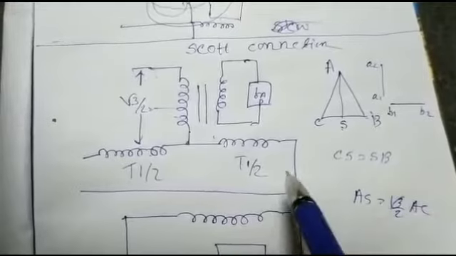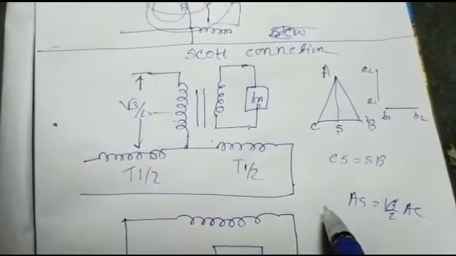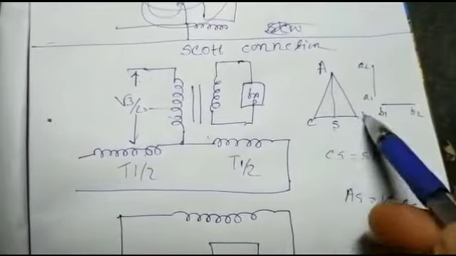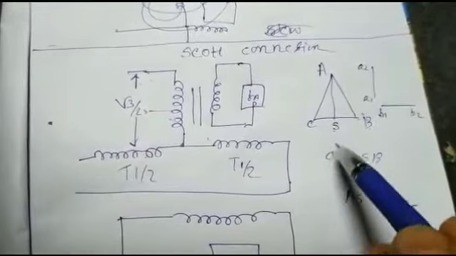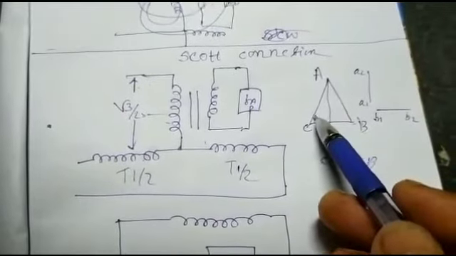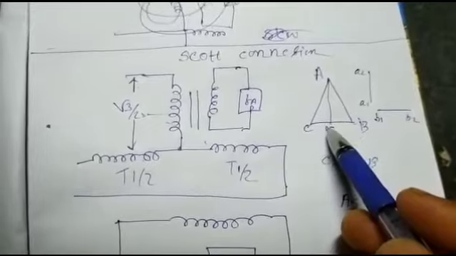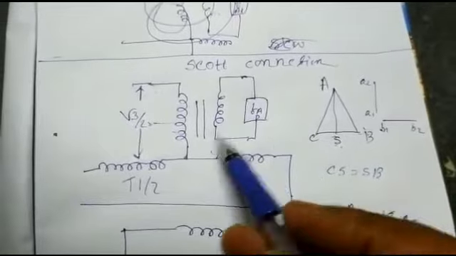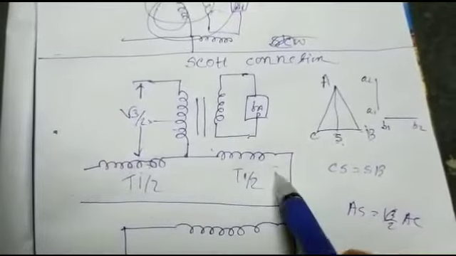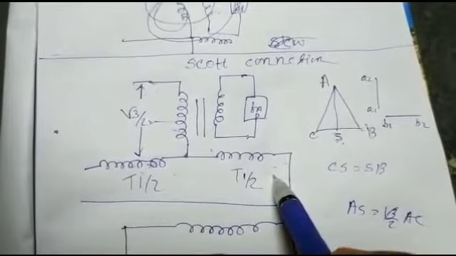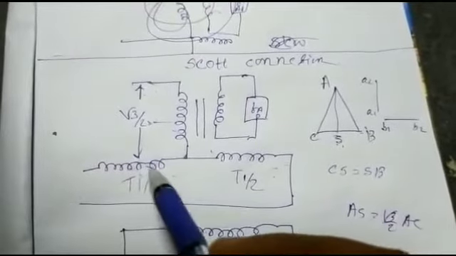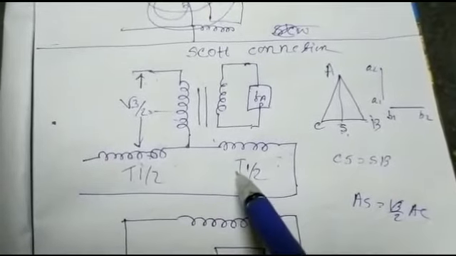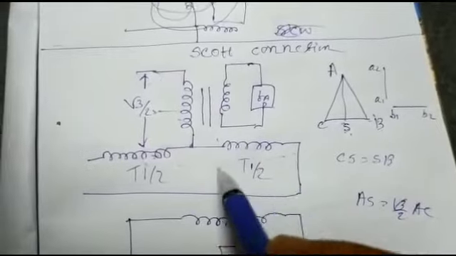Consider here the voltage AS is equal to √3 times of V. Here V is the line voltage. Scott connection is mainly in delta system transformer. Here in the delta system the voltage is the same, but AS is equal to √3 by 2 into V. Thus, if two secondaries have equal number of turns, they will produce secondary terminal voltage equal in magnitude. Here the number of turns is equal, so the magnitude is equal. Okay, but in phase quadrature,